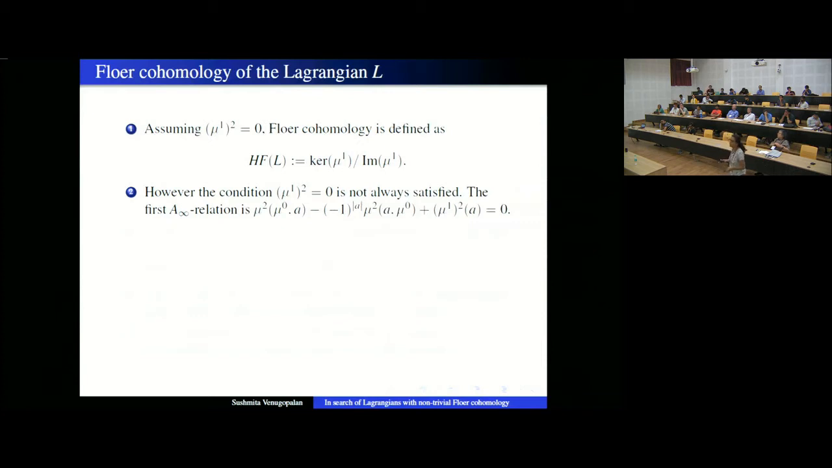Okay, so in order to define Floer cohomology, we need to assume that mu1 squares to 0, because once you have that, you can define your cohomology as the kernel of mu1 mod image of mu1. But this is not always satisfied because of the first A infinity relation. So if one were to draw the first A infinity relation,